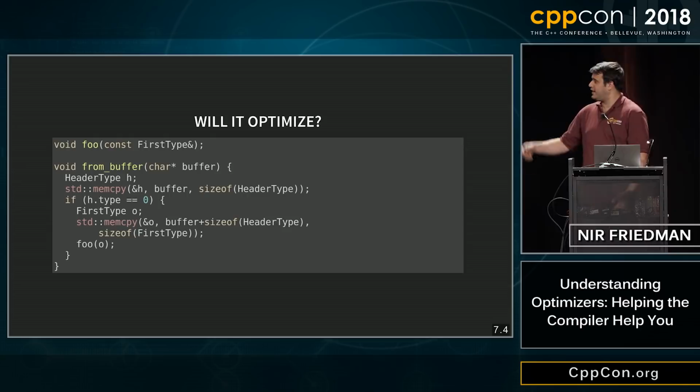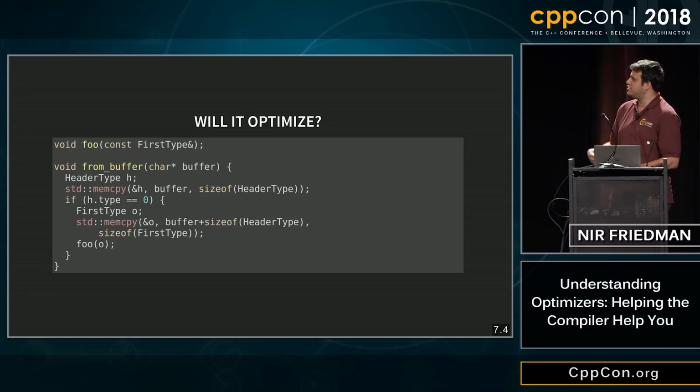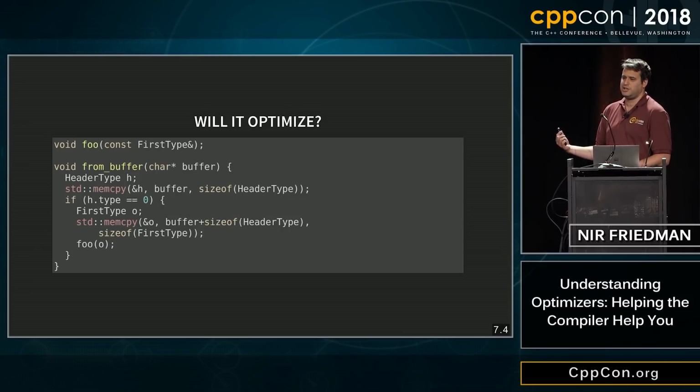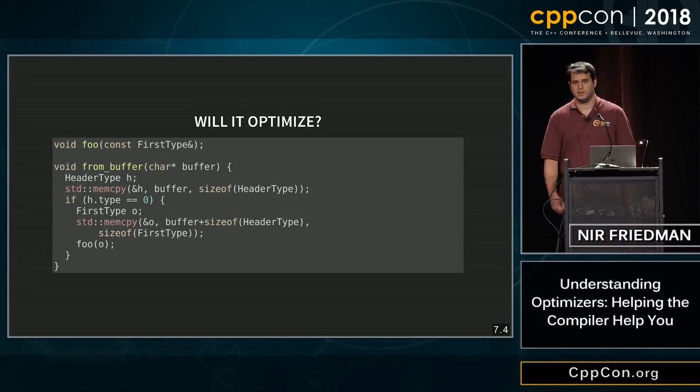The answer is basically, in the first case, it's only using header type locally, right? Everything's by value, everything's local, you're all in one block. The compiler can see exactly what's going on. In the second case, you're taking this object and you're passing it by reference into a function that the compiler knows nothing about. Remember how const reference is worthless? Right. So this function can cast away const and it can mutate the type. And now, suddenly, whether you memcpy it or not is a semantic difference, right? In one case, the buffer is being mutated, and in the other case, it's not. And the compiler will memcpy for that reason.